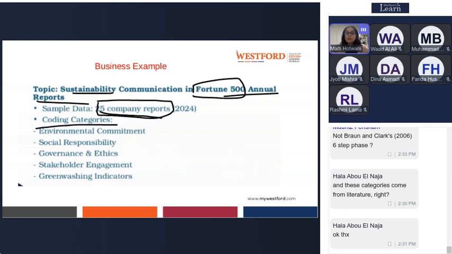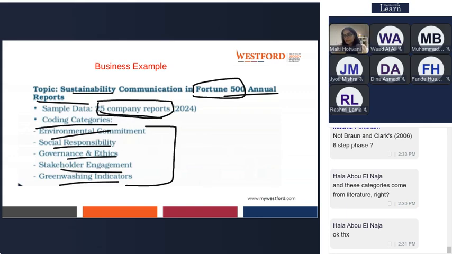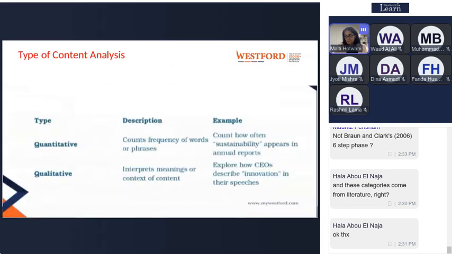I'm going through these reports and seeing how many times these types of words are repeated: environmental commitment, social responsibilities, governance and ethics, stakeholder involvement, and greenwashing indicators. So how many times words under these categories are repeated in the sustainability reports. This is called content analysis.